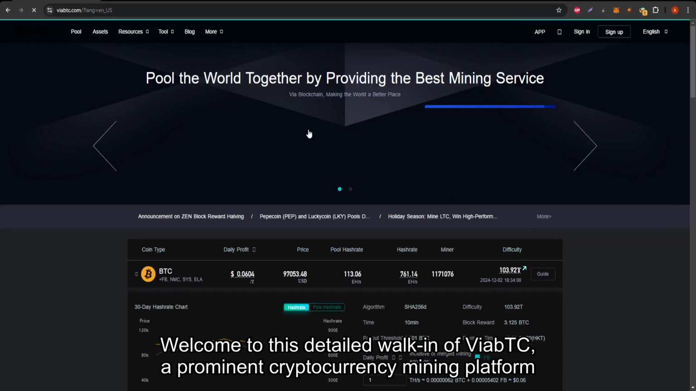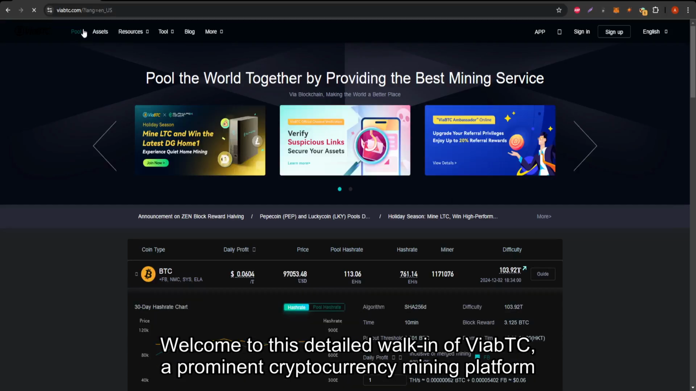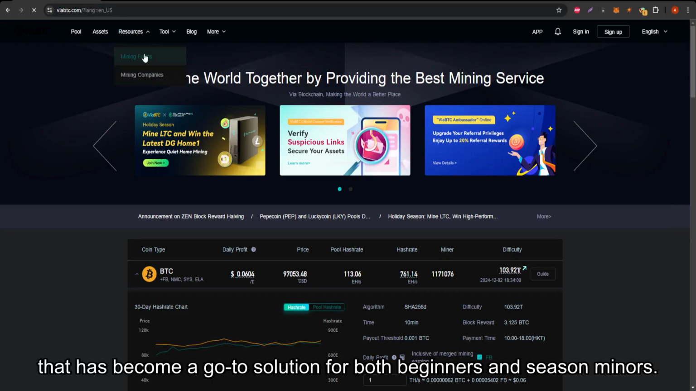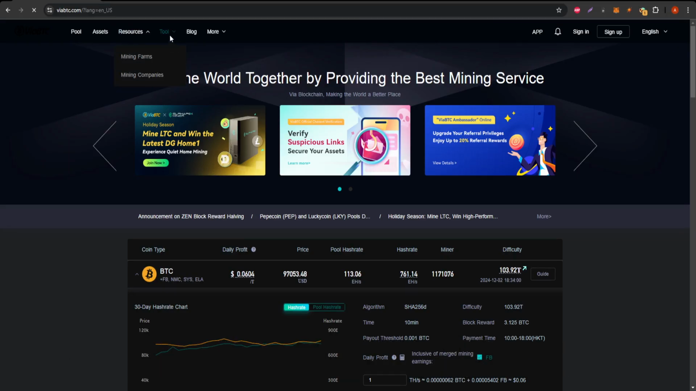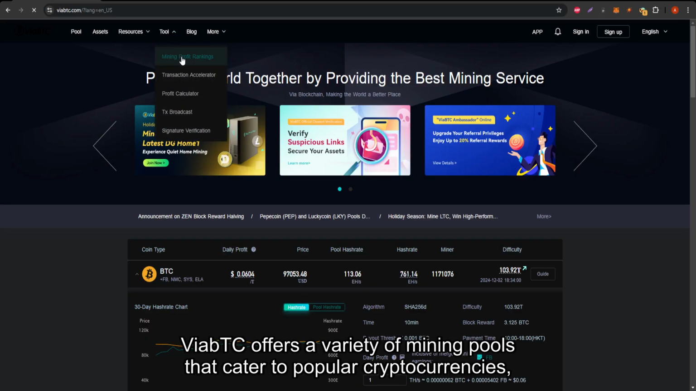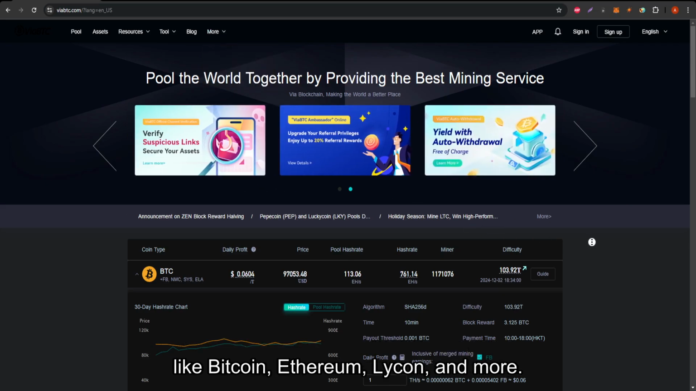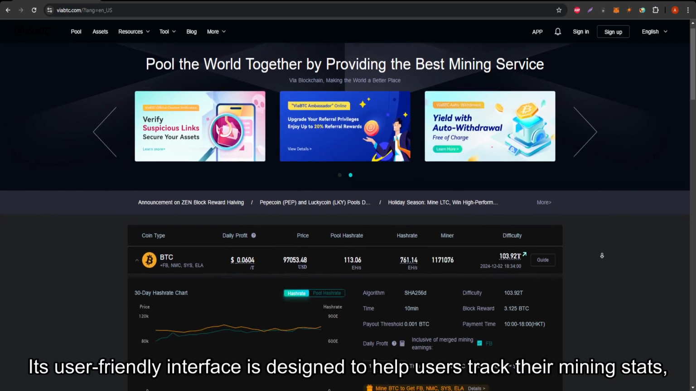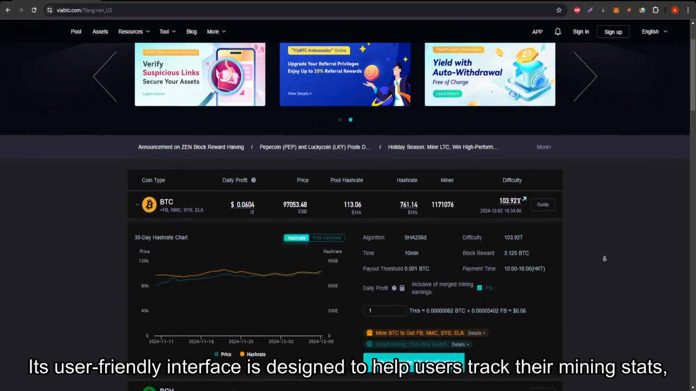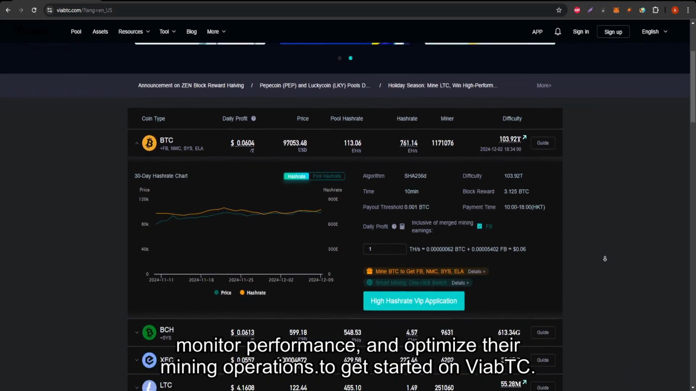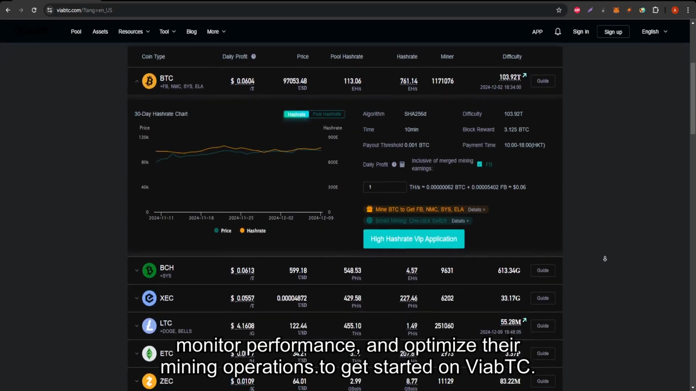Welcome to this detailed walkthrough of ViaBTC, a prominent cryptocurrency mining platform that has become a go-to solution for both beginners and seasoned miners. ViaBTC offers a variety of mining pools that cater to popular cryptocurrencies like Bitcoin, Ethereum, Litecoin, and more. Its user-friendly interface is designed to help users track their mining stats, monitor performance, and optimize their mining